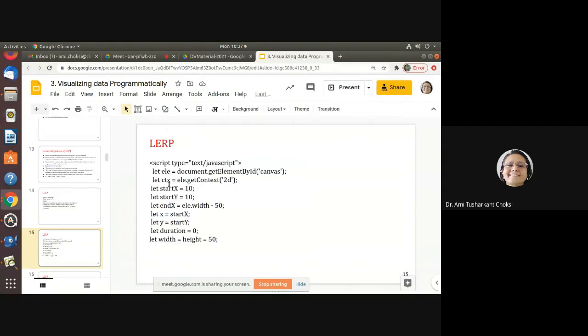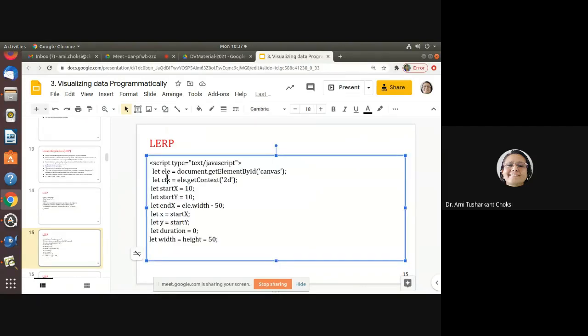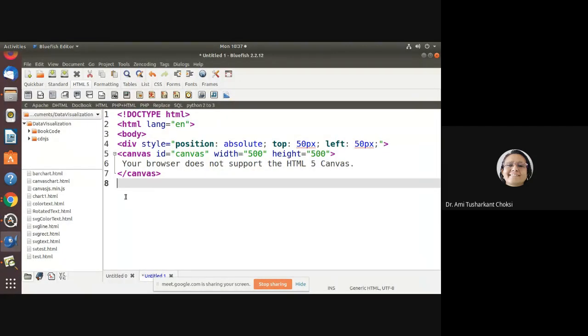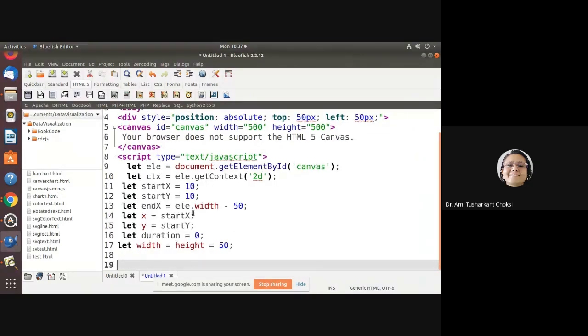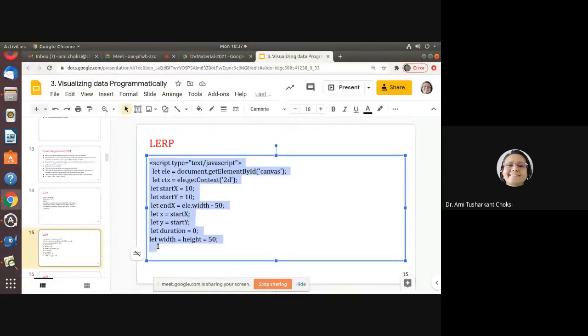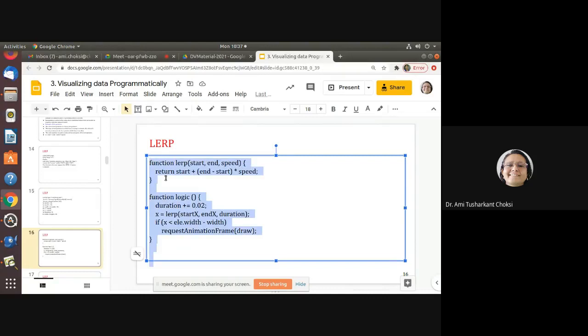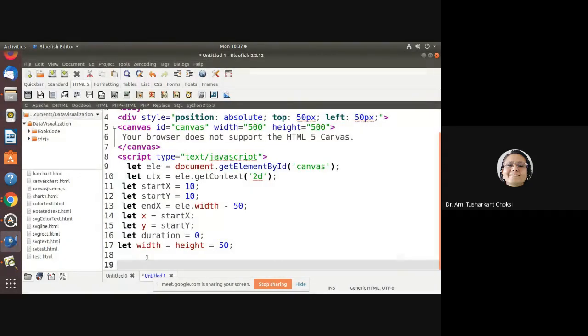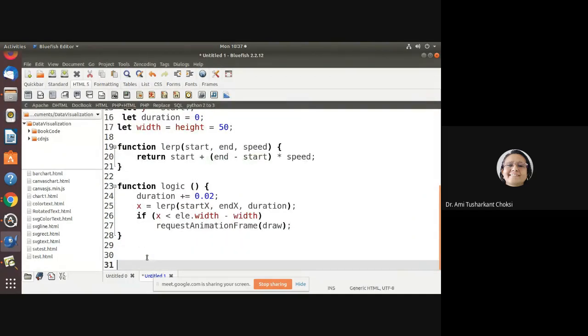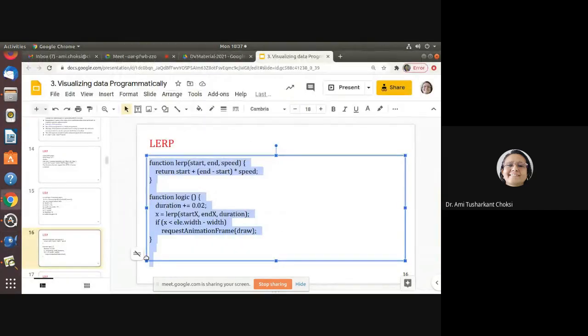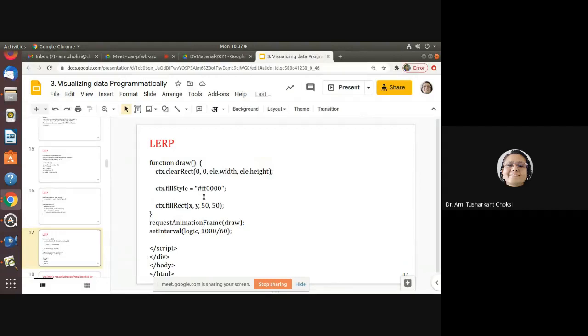Now our script is there, which is specifying x and y of our coordinates, right? Then after we can say what we are having is the function, that is linear interpolation, and the logic. Then after we do have the draw function.